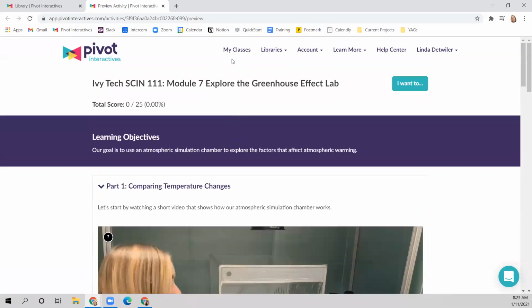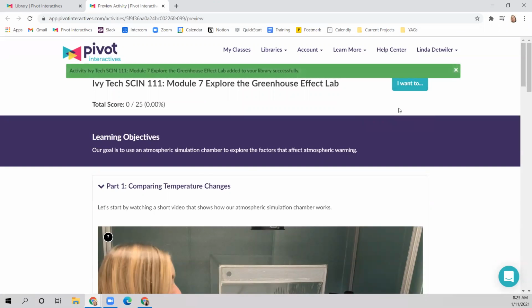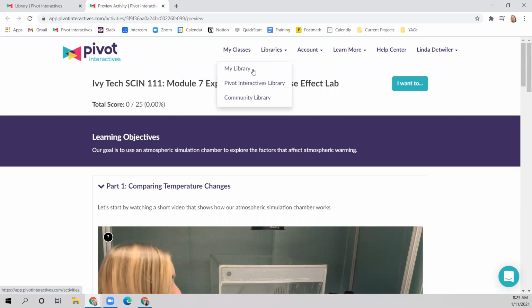So let's take a look at what that looks like for the students. I want to assign this to my students now. So I'm going to click, I want to add to my library. This is a very important step because you're pulling these out of the community library. They are not yours yet. You need to add them to your library. When you do, you're going to get this green bar of success that says, yes, you added this activity to your library. So then you're going to go to my library